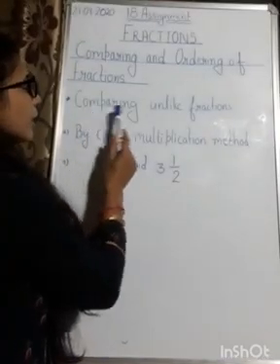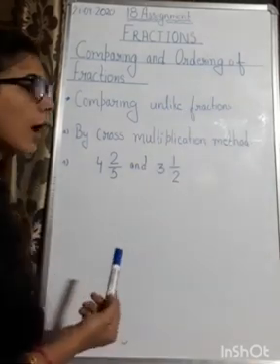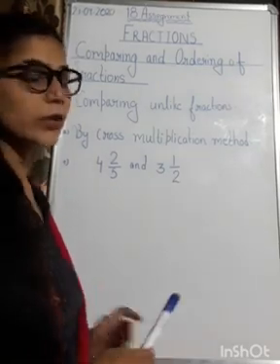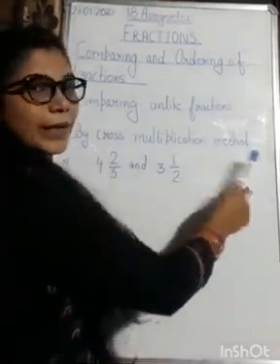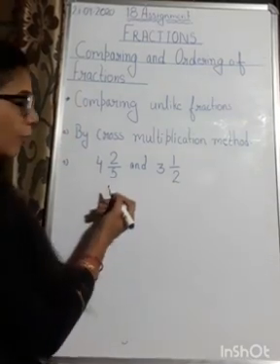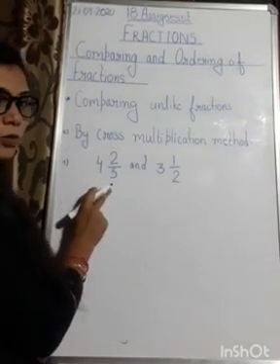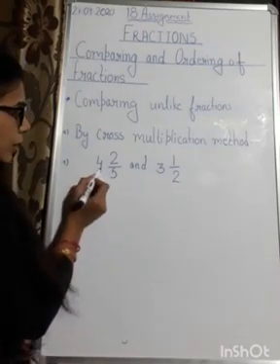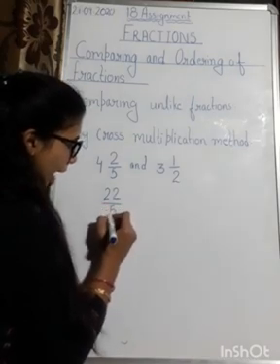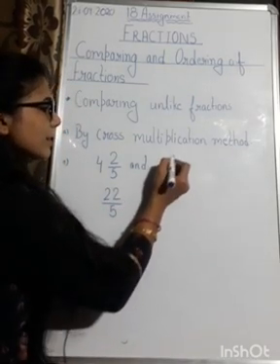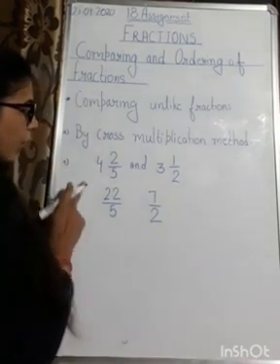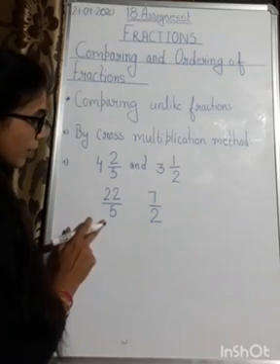Next is comparing of unlike fractions. Now we will learn how to compare unlike fractions. There are two methods of comparing unlike fractions. First is the cross multiplication method. Here I have taken two fractions in the form of mixed fractions. So first we have to solve these mixed fractions. It is 5 4s are 20, 20 plus 2, 22. It is coming 22 by 5, and this one is coming 3 2s are 6 and 6 plus 1, 7, so 7 by 2. Now I have converted these mixed fractions into improper fractions.